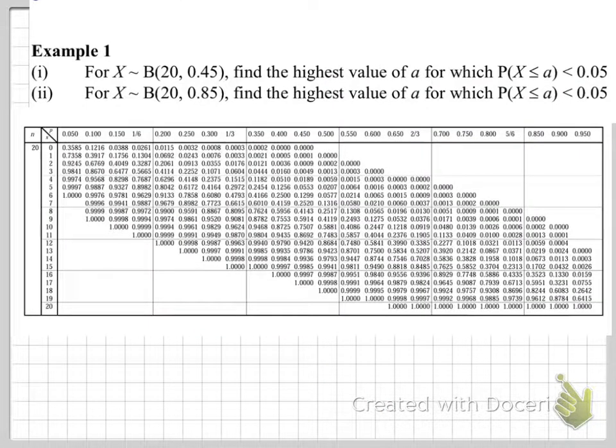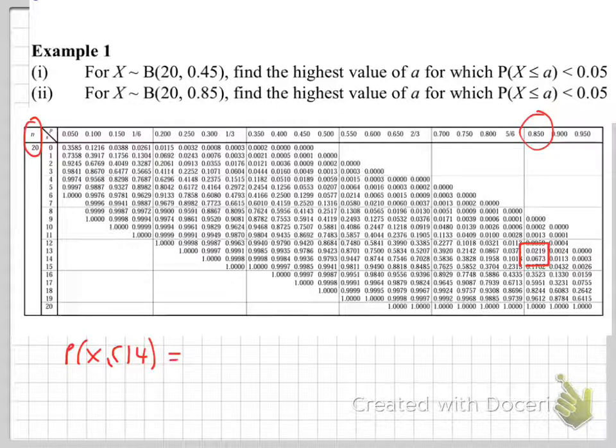For the next part, you might want to have a go at this. N equals 20, P equals 0.85. So here's N equals 20. Here is 0.05. And there's 0.85 and 0.05. Now the one that lies above it is, so we're looking at this region here, and when X equals 14,